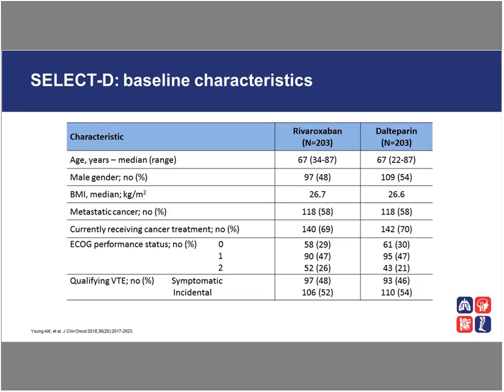Active cancer treatment was being received by 69% of the rivaroxaban group versus 70% in the dalteparin group. And if we look at the bottom, the qualifying VTE was almost half-half symptomatic VTEs versus incidental VTEs. So VTEs that are being picked up incidentally, likely during screening CT scans,